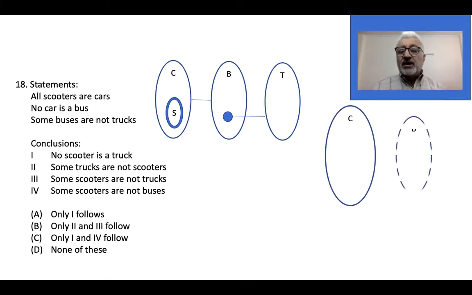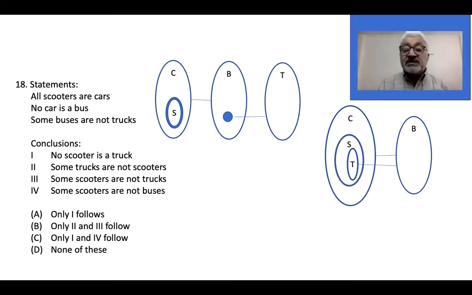This shows no car is a bus. All right. And then it says some buses are not trucks. Some buses are not trucks. I've got the trucks inside the cars. Is it possible? The answer is yes, because in this case also, at least one bus is not touching a truck. All right, so this is the representation of some buses are not trucks. I draw a bar between them. So this is confirming that some buses are not trucks. All right, and then I say that scooters are inside cars. Okay, so I've got this diagram.